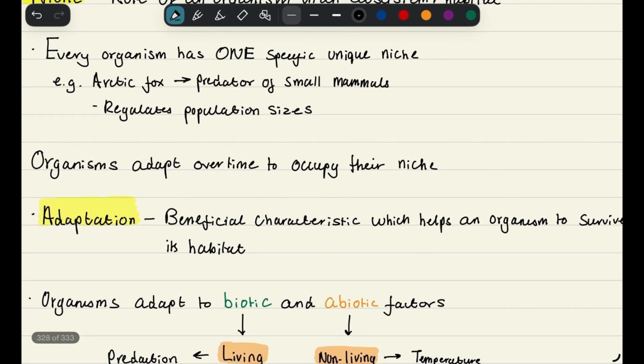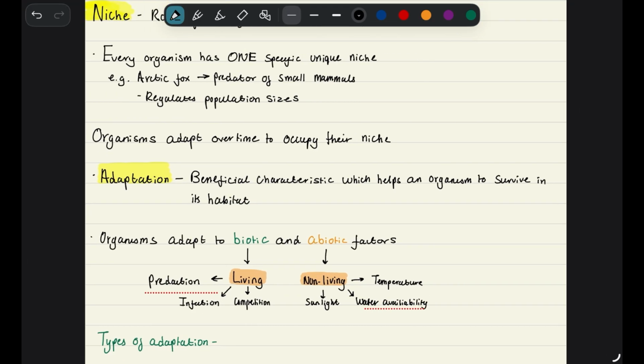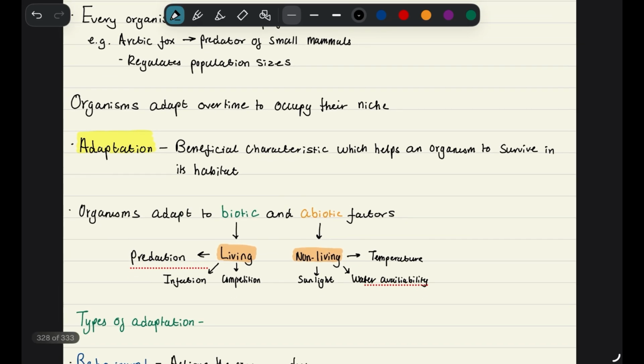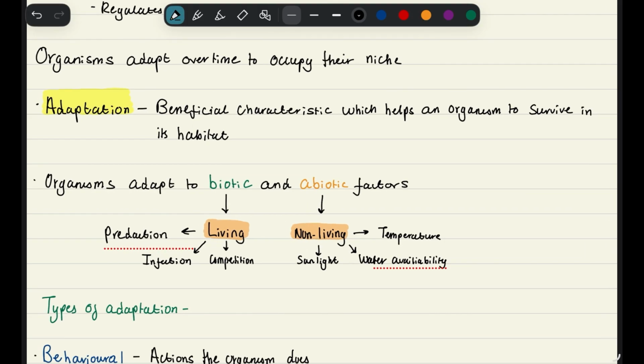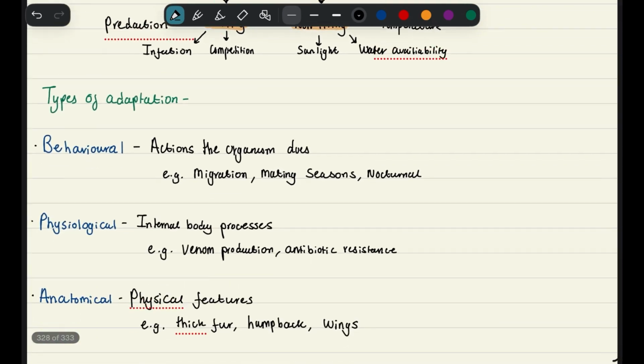We know that organisms will also adapt over time. I'm sure this is something you covered from GCSE. And adaptation is a beneficial characteristic that helps an organism to survive in its habitat, if you want the full definition. So, what are we adapting to? We're going to talk more about adaptation in the next slide, but we're adapting to biotic and abiotic factors. So biotic, living: competition, infection, predation, those are the kind of things you're concerned about. Abiotic factors, you're non-living. So temperature, sunlight, water availability, these are all going to be things that affect, does your organism survive? And we want to make sure that we're maximizing our abilities to cater to what our environment's about in these circumstances. So my wording's got a bit confused there, but I hope that made sense.